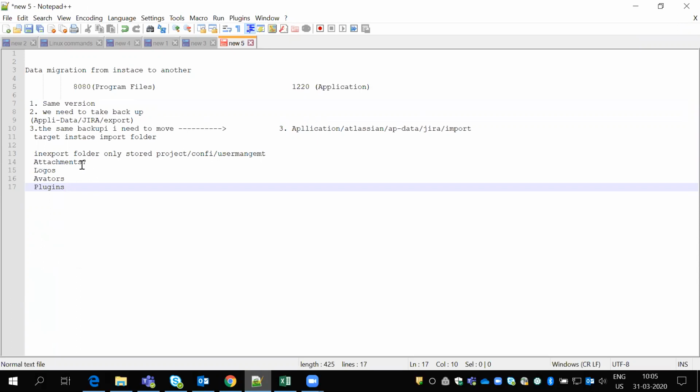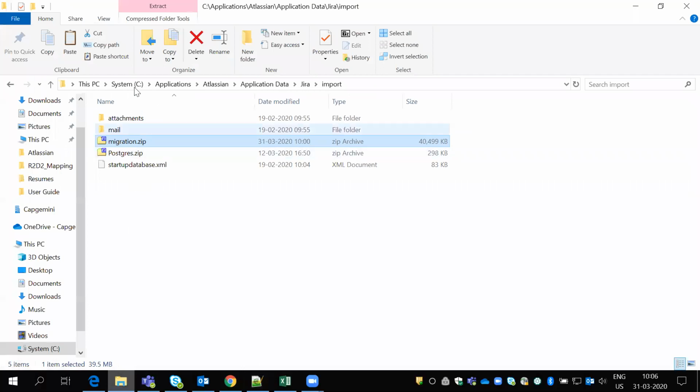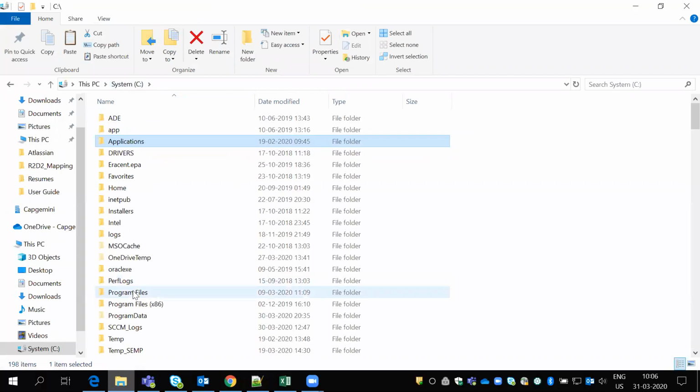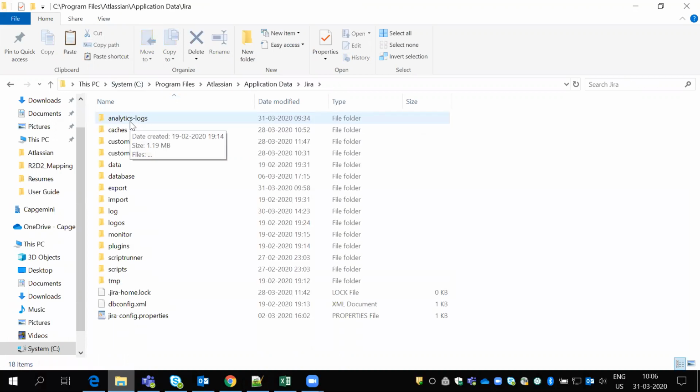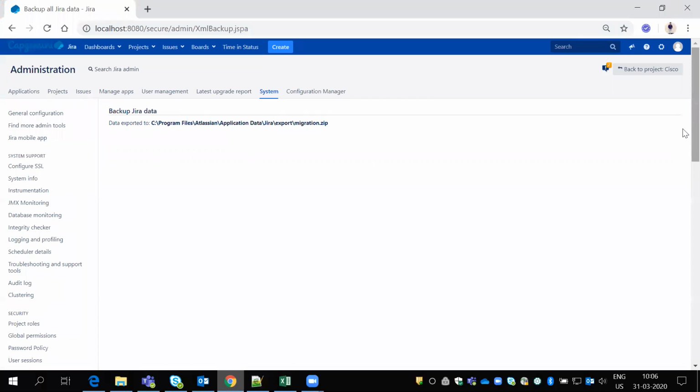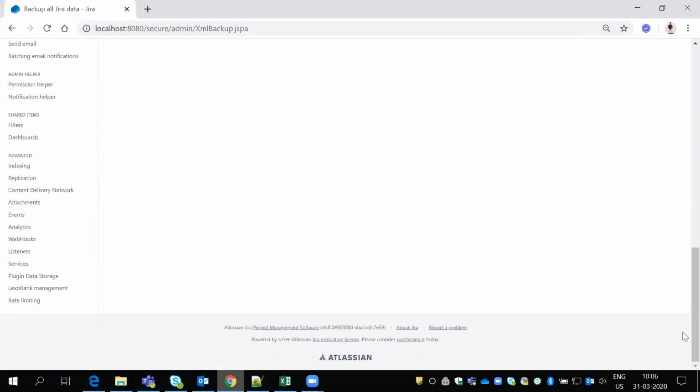But coming to attachments, avatars, logos and plugins, how do we move them? If you open the program files instance, Atlassian, application data, Jira, you can see that attachments are stored in different folders. In any instance, we have the attachments option.